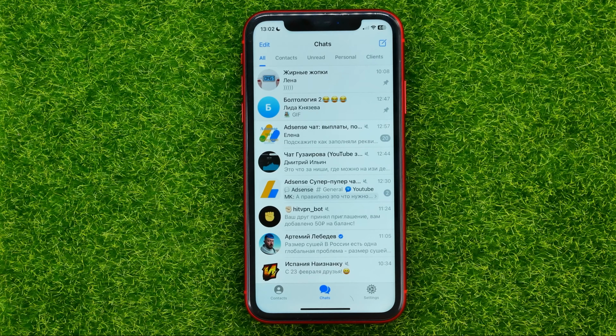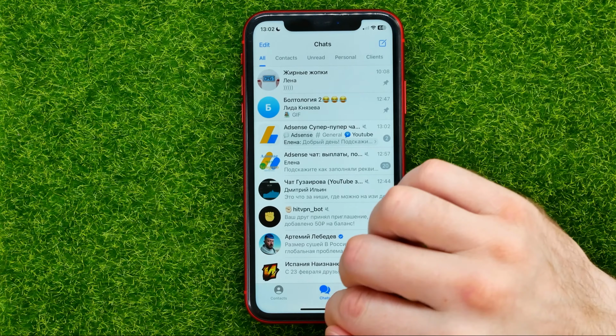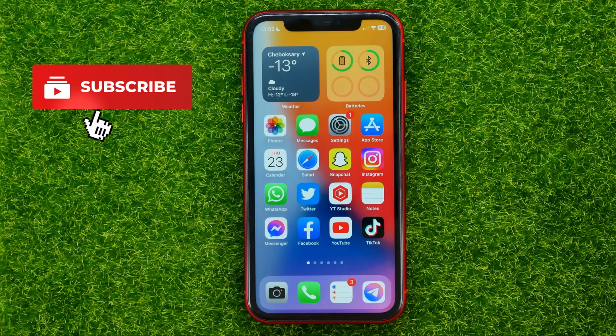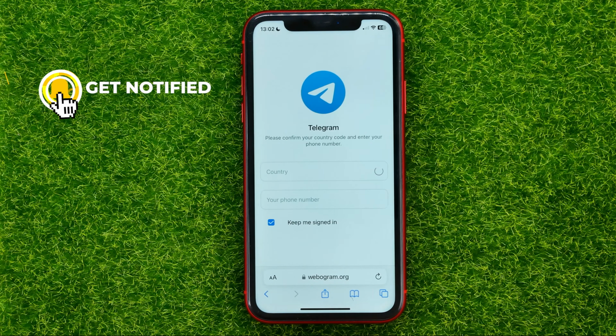If you got the same problem, that's because your Telegram has a sensitive content filter turned on, and unfortunately you can't turn it off in your app. So you have to open up any web browser. I'm gonna use Safari, and then just go to